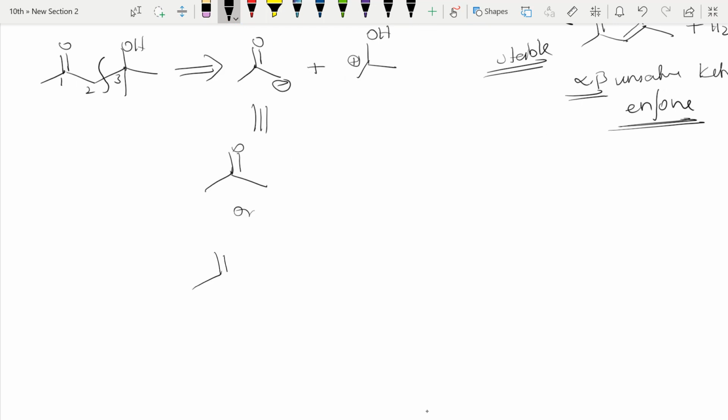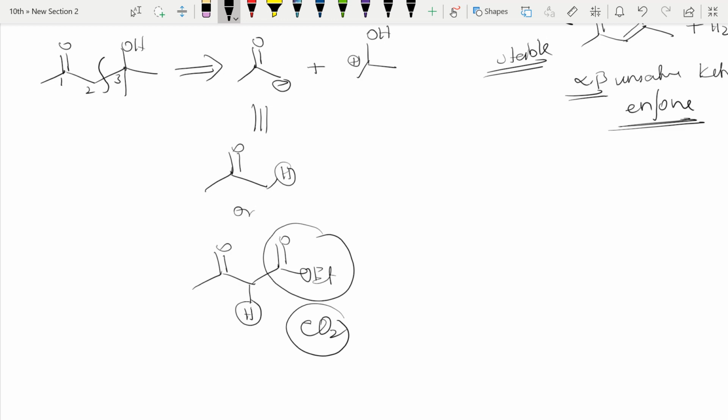also use a compound like this, COOEt, because this proton is also acidic. Here this proton is also acidic. We can get, and this will be eliminated as carbon dioxide. I have told how it will be eliminated in the coming example. You will see in this video only, with the coming example. So we can use this reagent and also we can use this reagent.